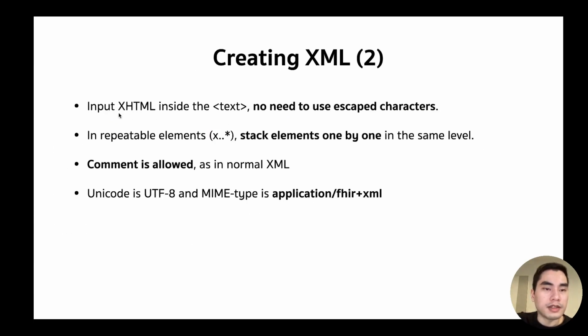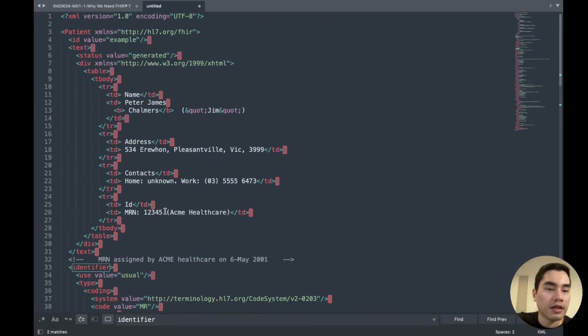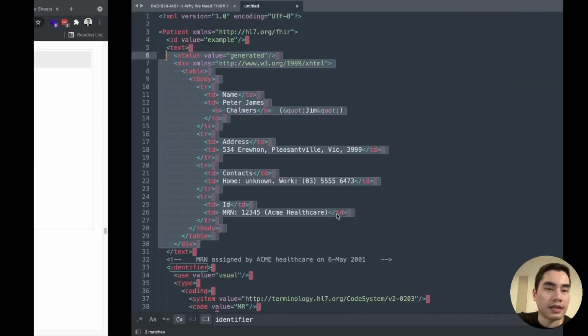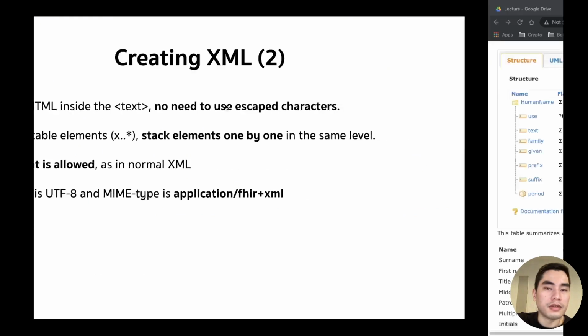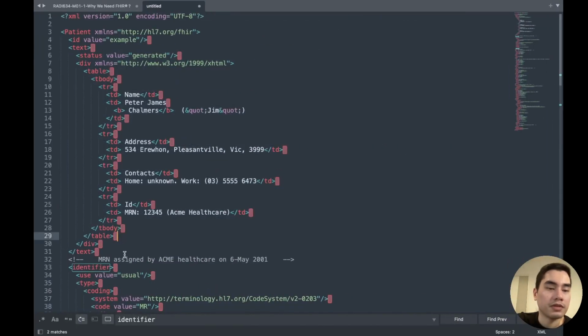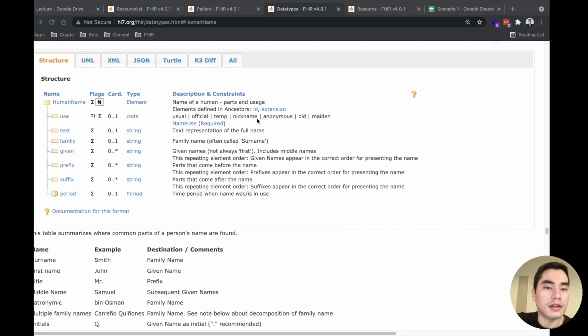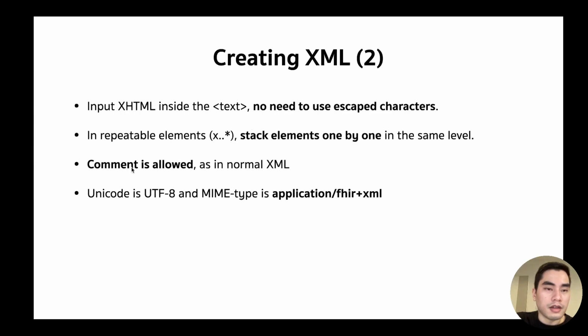Next, inside the text here, you can put the XHTML. No need to use an escape character. Put it normally because it's already nested in the text element. If it's a repeatable element, stack that element one by one.